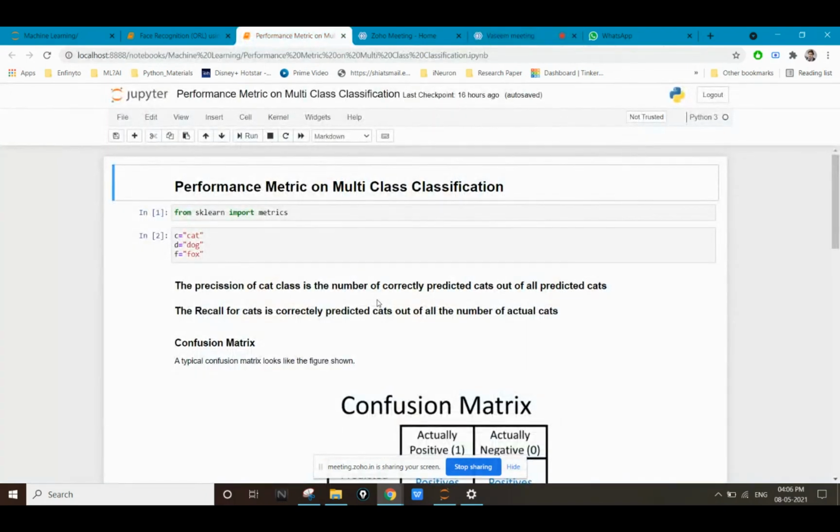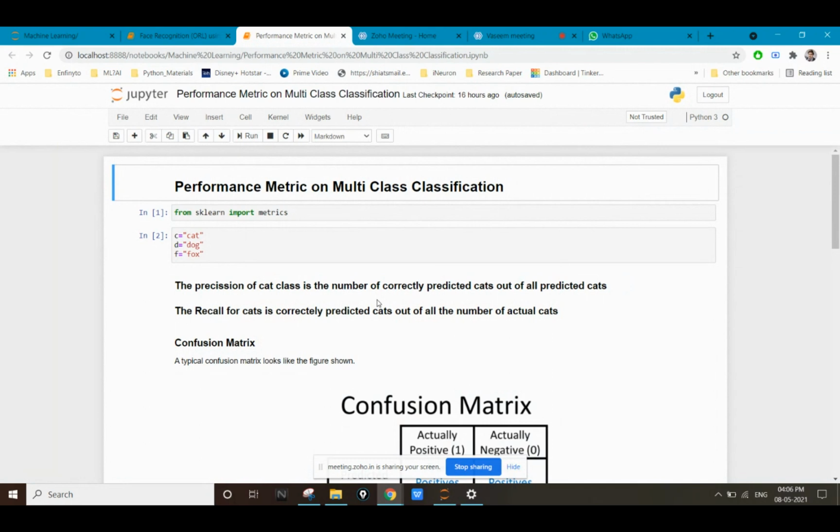Okay, so now we are going to see a matrix which is known as the confusion matrix. We all know what a matrix is and how to create a matrix. Now this matrix holds a special place in all our machine learning algorithms, because with the help of this matrix we classify how many points are correctly predicting our output and how many points are not correctly predicting our output.